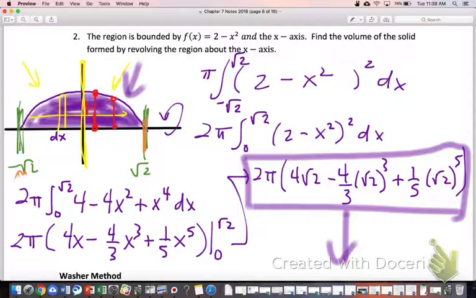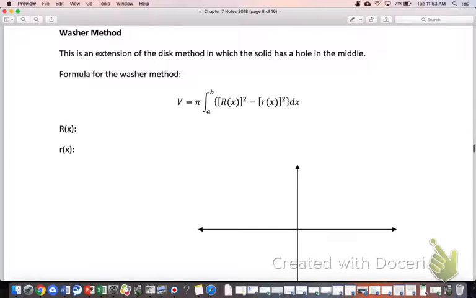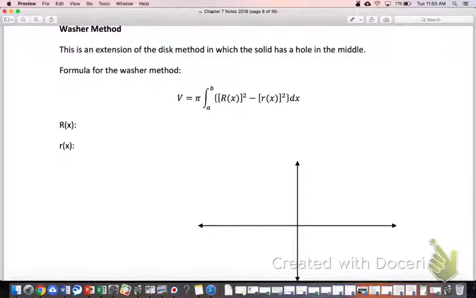That makes sense? So what if you had a little bit of a different scenario? We'll talk about this a little bit more tomorrow, a lot more in the coming days. What if you had a solid that could be reoriented in such a way that it was like a bowl? In other words, like this. You know what? I'm going to be able to illustrate this better with my Play-Doh. So check this out. What we've been doing so far